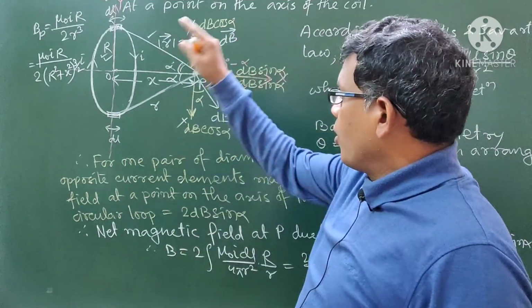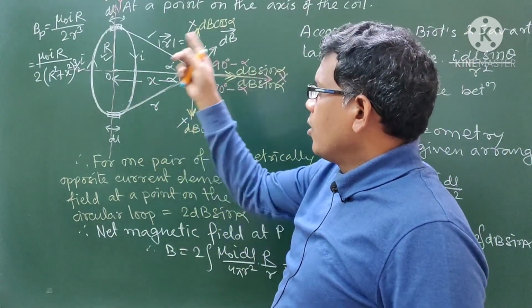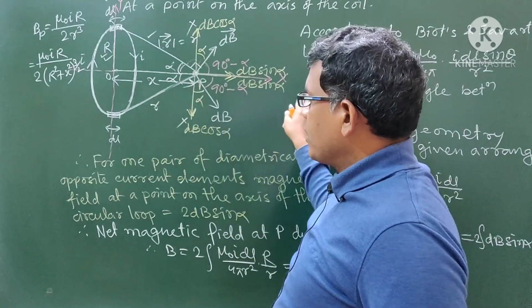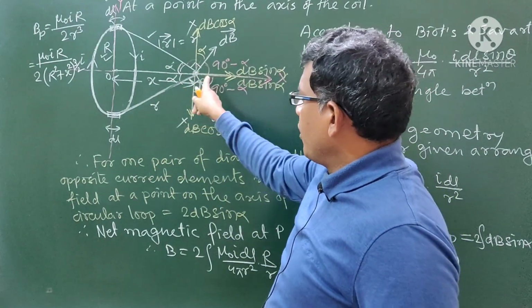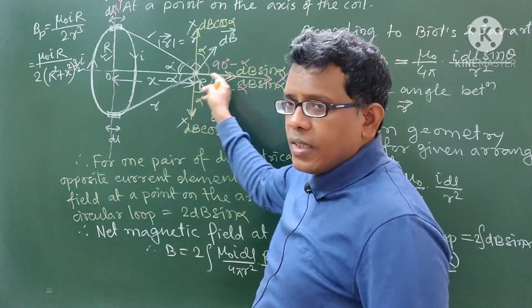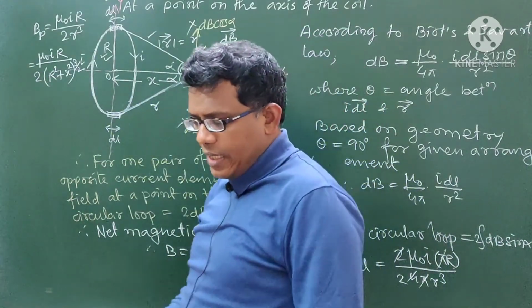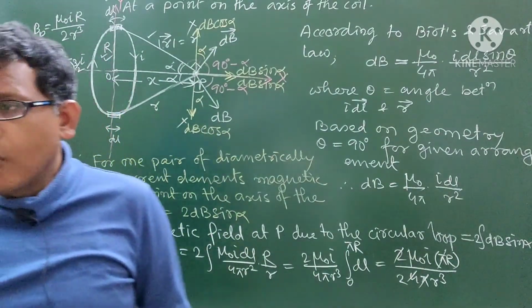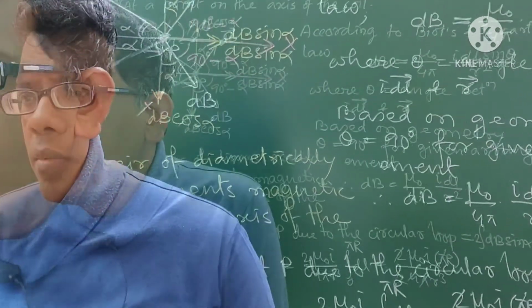For one direction of current, the field will be this much away from the center, or in the opposite direction it will again at the same point be the same, but this time it will be towards the center. That is the only difference for current taken either clockwise or anti-clockwise in the circle.